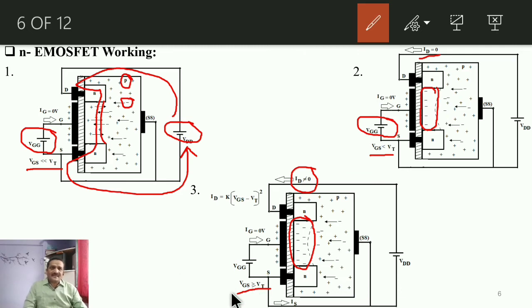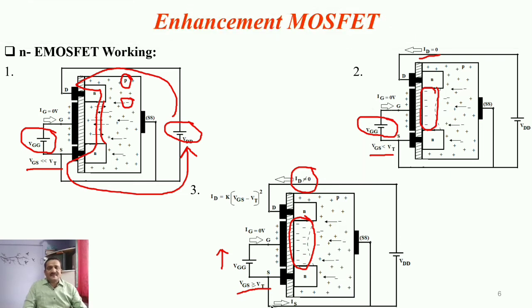Now, logically, if you observe, whenever you want to increase this VGG more and more, that means VGS will be more and more positive, accumulated charge carriers will be more, and that's why the channel capacity to handle the current also will increase, and that's why we can say current also will increase. Is it? Now, just imagine if I kept that VGS somewhat greater than VT, and I started to increase this VDD from 0 onward.